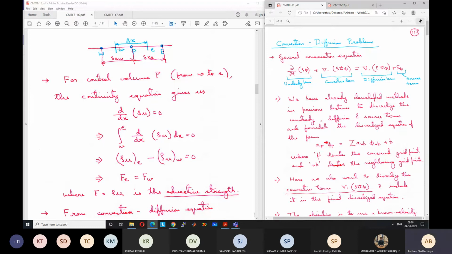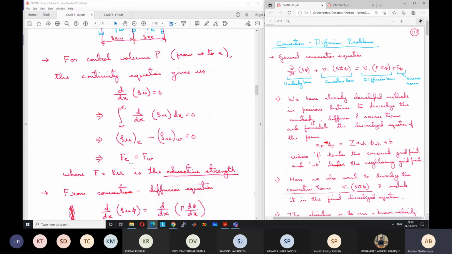For the simple problem where it's a 1D problem and the flow rate is constant, F will be the same everywhere, but in 2D or 3D problems, F can vary for different grid points. For a 1D problem, to satisfy the continuity equation, F has to be constant along the direction of the flow. Velocity can change if the density changes, but the flow rate should remain constant, because we are ignoring the cross-sectional area also. Anyway, so Fe is equal to Fw.